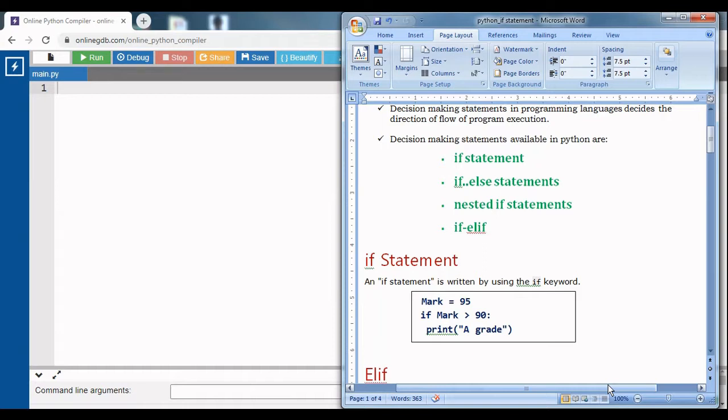In Python, the decision making statements available are if statement, if else statement, nested if statement and if elif statements. The if statement is written using the if keyword.